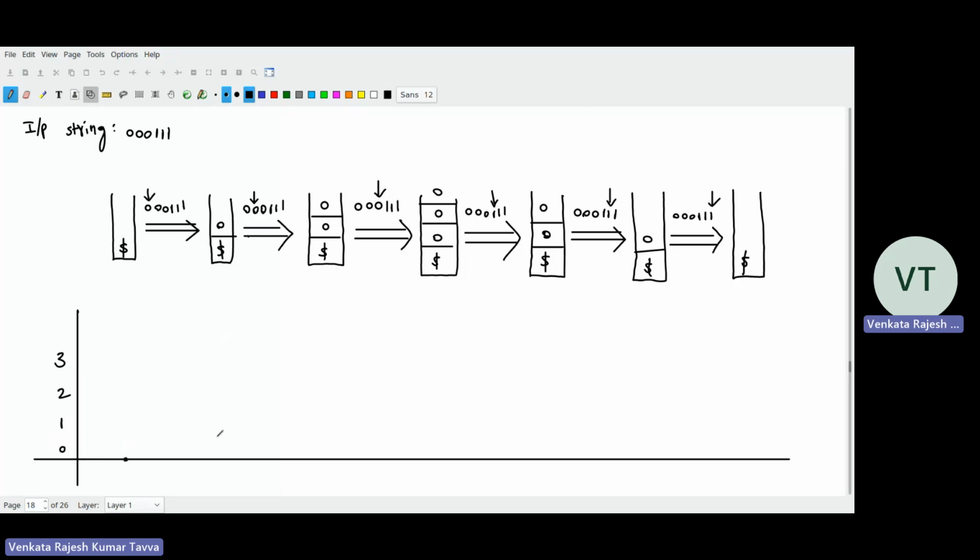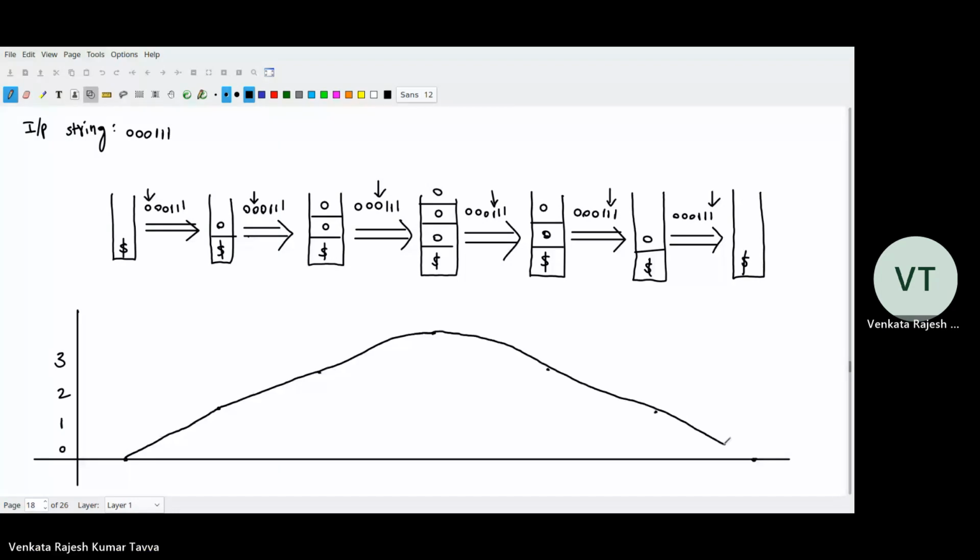I'm not counting $. Doesn't count. Now it increases to 1, then 2, then 3, and again it starts reducing. Okay, so now as you are reading a symbol, the stack is growing